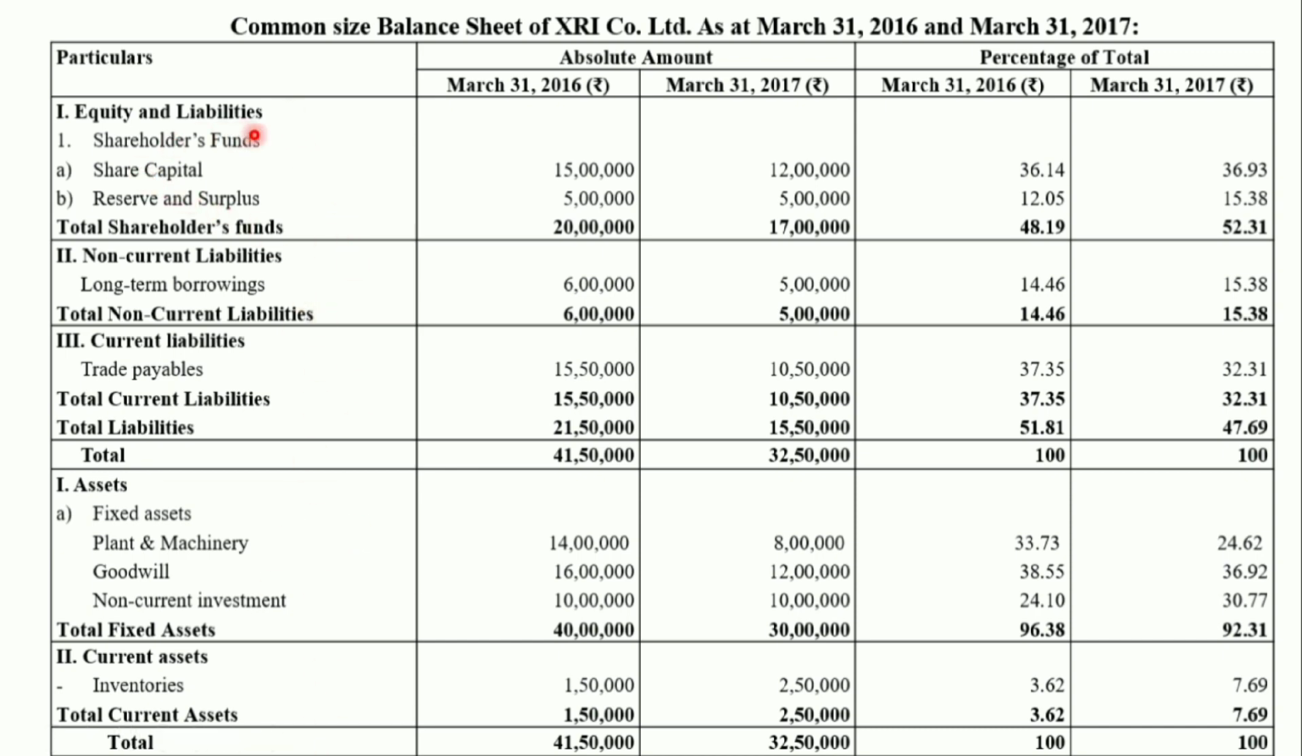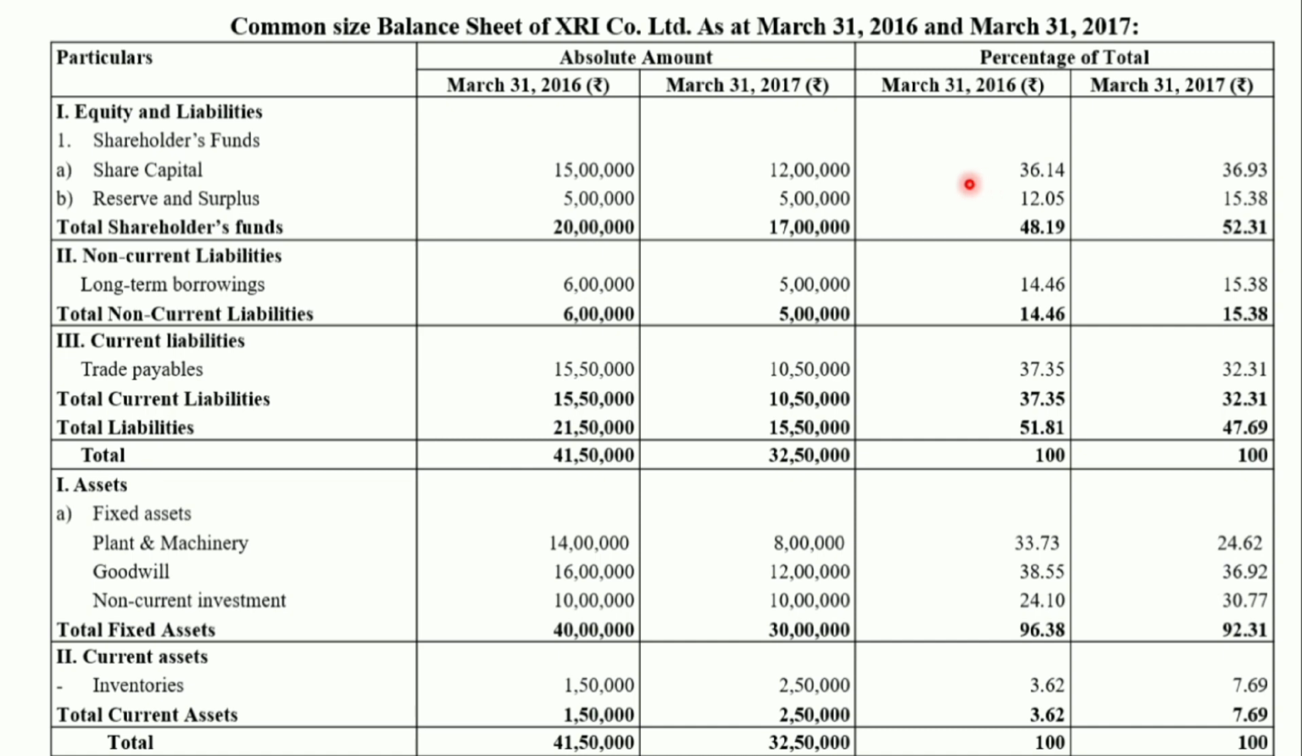Equity and liability. First of all, we have to write down the shareholders fund. Shareholders fund includes share capital and reserve and surplus. That's why the actual given information is mentioned in the second and third columns. Okay, now the fourth and fifth columns represent the actual calculation of the common size statement. As I have already told you in previous